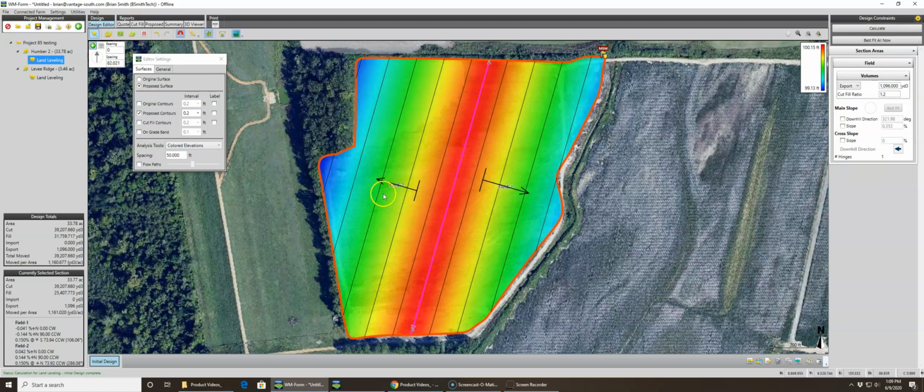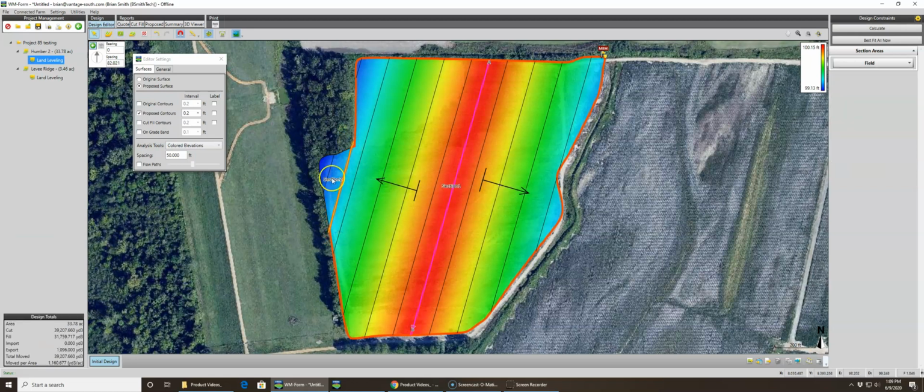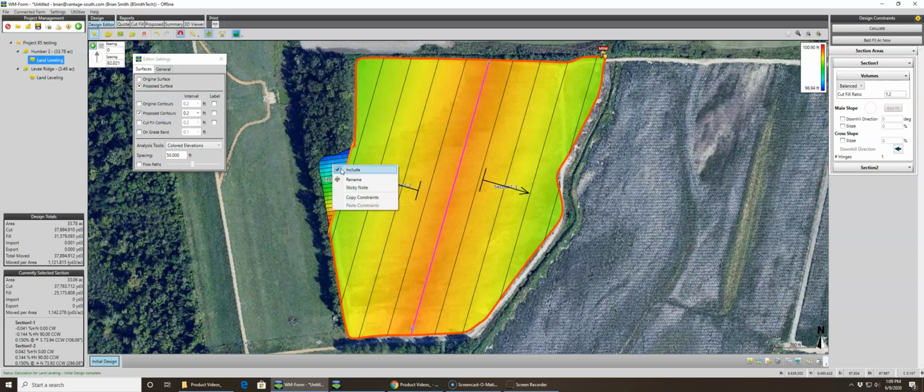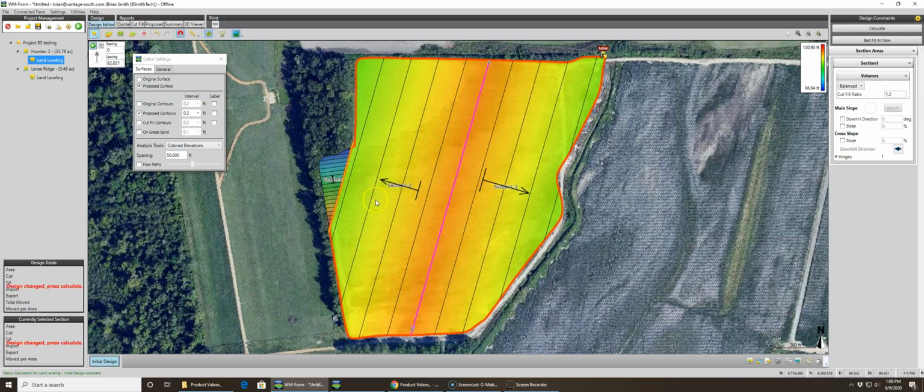Okay, so now in this field 2, if we don't want to use it, we will just select include. Well, what has happened is this whole field is included. So if I would select a part of this that I don't want to touch, see, I've got another section down here and I don't want to include it in my design, and then it's grayed out. Section 2 is not calculated. Okay, after you calculate, oh, here's my design change, press calculation. When these show up, just come up here and hit calculate. Alright,